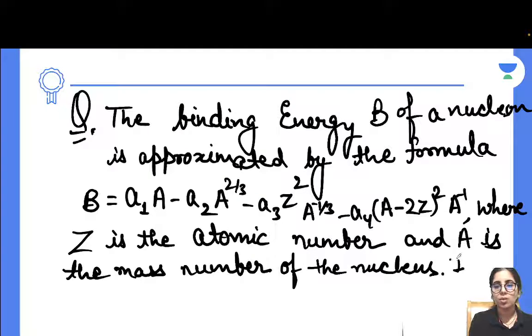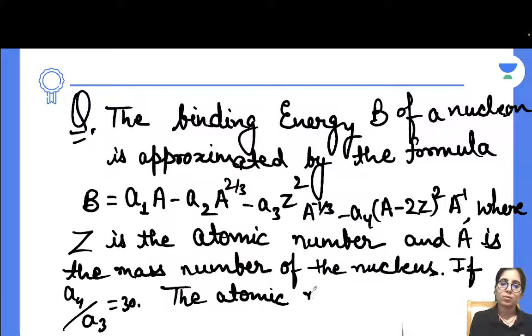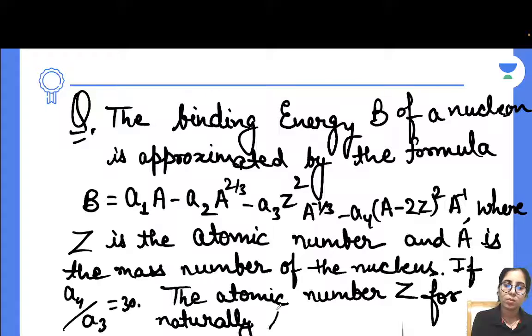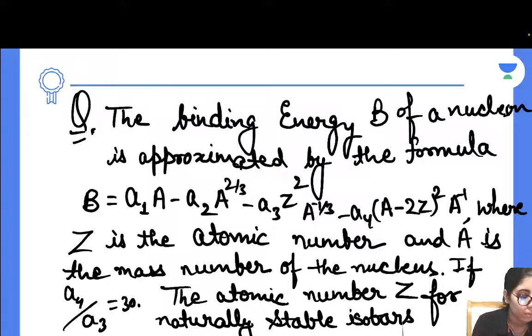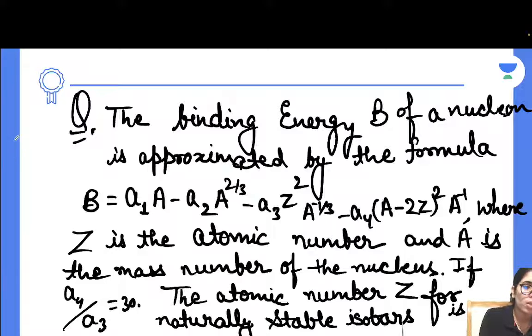If A4 over A3 is equal to 30, the atomic number Z for naturally stable isobars, that is, for a constant value of A, whenever A is a fixed value. The options are